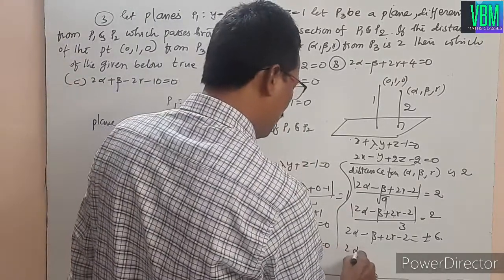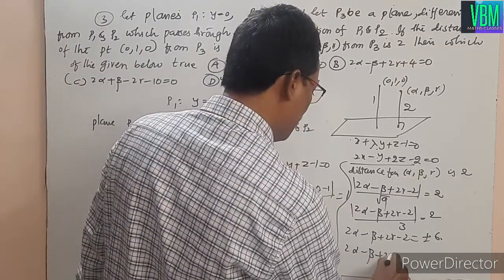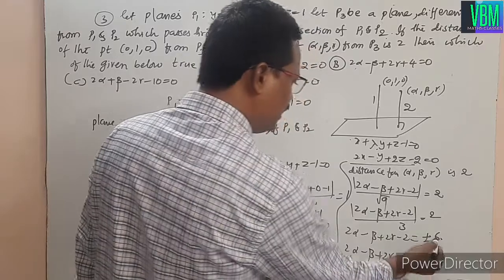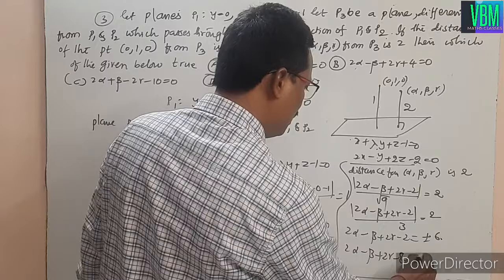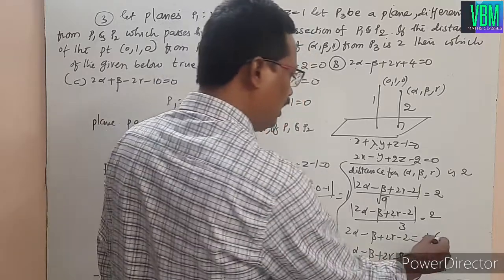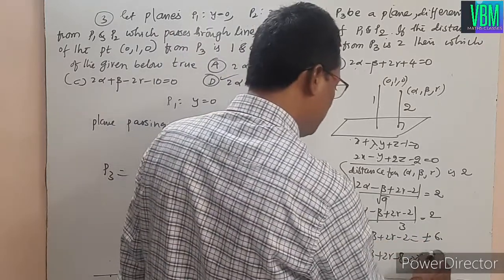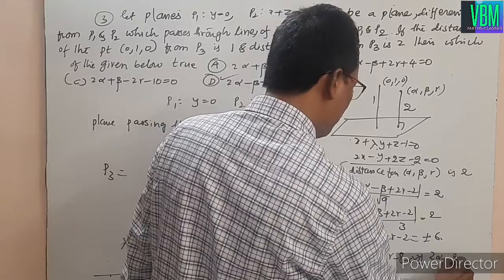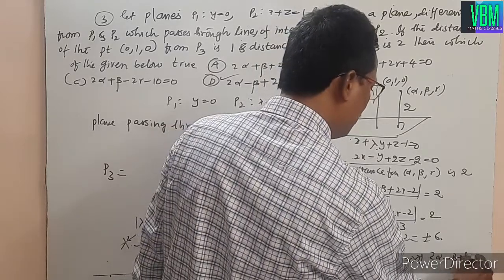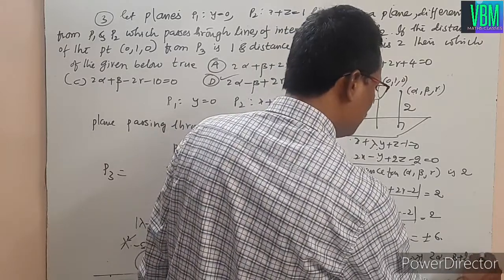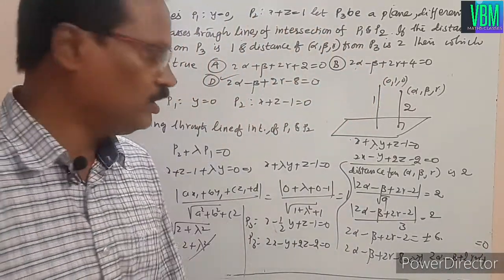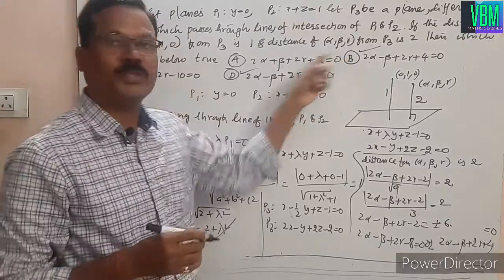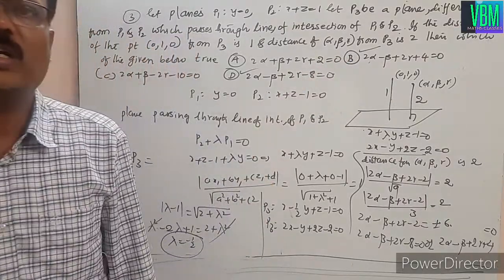See that 2 alpha minus beta plus 2 gamma, right. If I take the plus sign, 6 bring this side, minus 8 is equal to 0. Or if I take the minus sign, minus 6 bring this side at plus 6, that becomes 2 alpha minus beta plus 2 gamma plus 4 is equal to 0. Okay? We got the two options. Okay, option B is correct and option D is also correct.